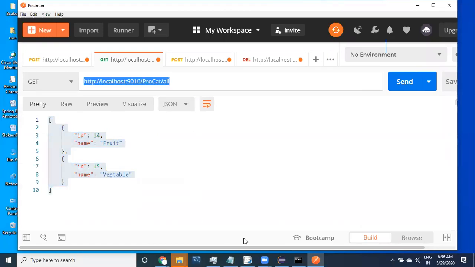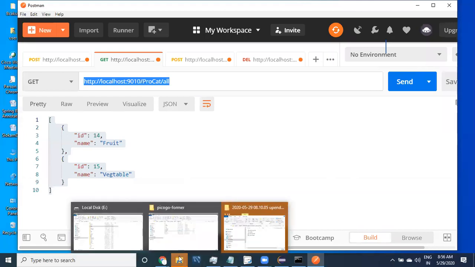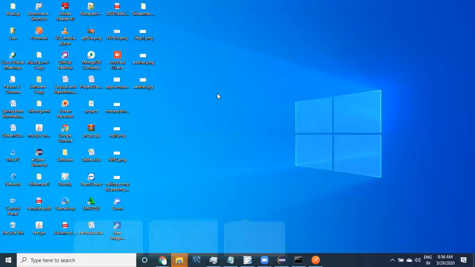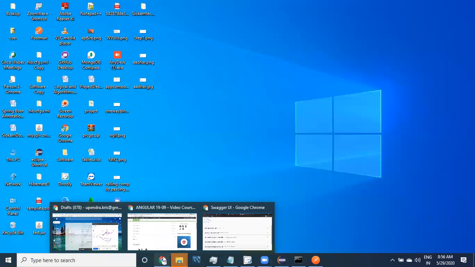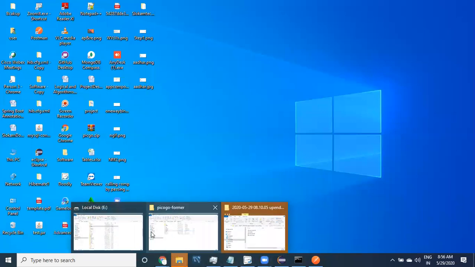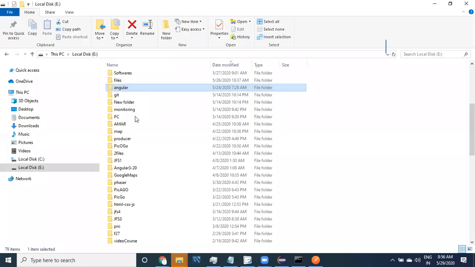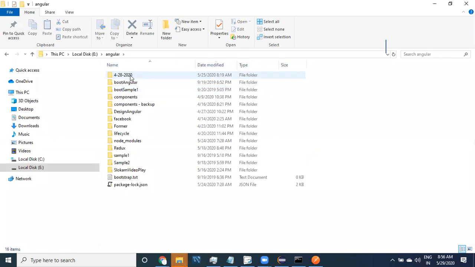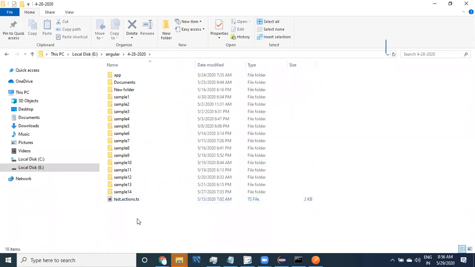So I would like to create another application. I just want to show you a fresh application. To create a project in the front end, in an Angular project, what I need to do is go to this folder for all our projects, go to Angular, and then let us create one project.